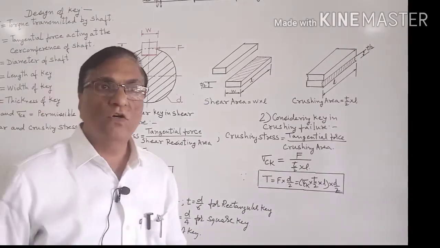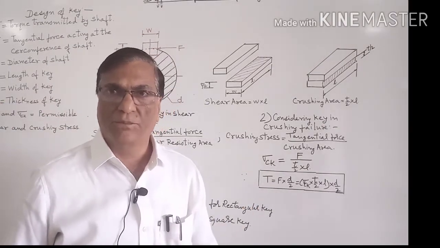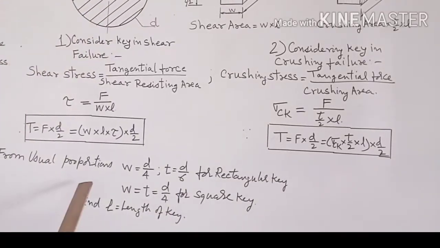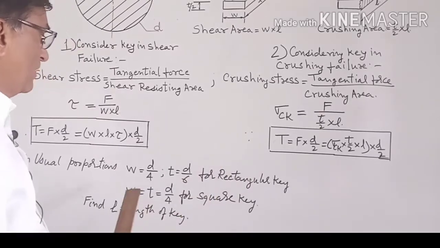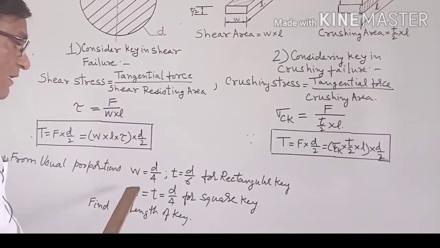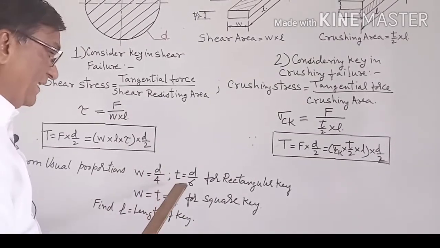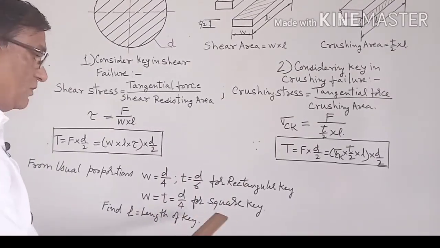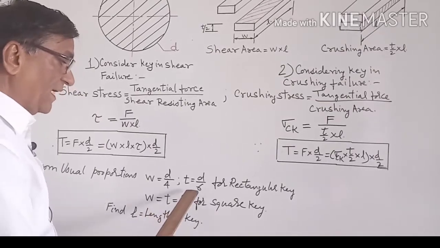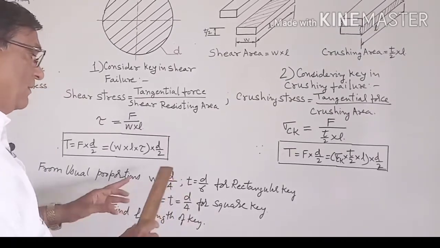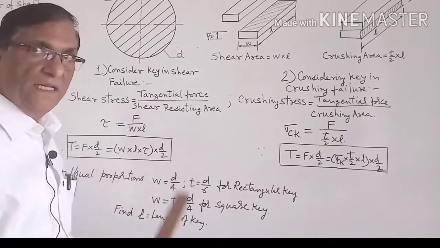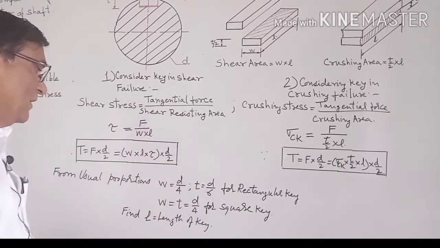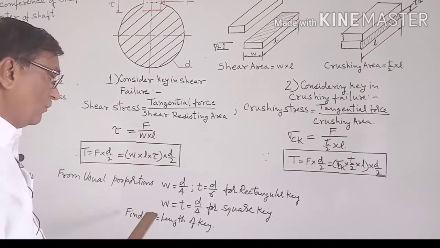Now suppose we want to design a key. The procedure is that by empirical relations, for a rectangular key, by usual proportions we take W is equal to D by 4 and T is equal to D by 6, and for a square key W is equal to T, that is equal to D by 4. We find out the values of W and T, and after finding them we will calculate the value of length